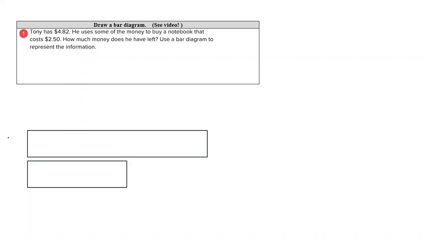Okay, well, we could draw a bar diagram like this down here. And what we have right here is the larger one is the amount that he started off with. Here's the cost of the notebook right here. And whatever is the difference between these two bars is the amount of change that he has. So we're going to call this one right here, we're going to call this one